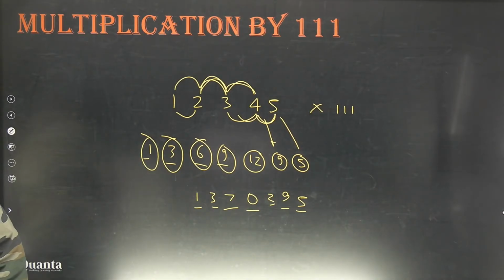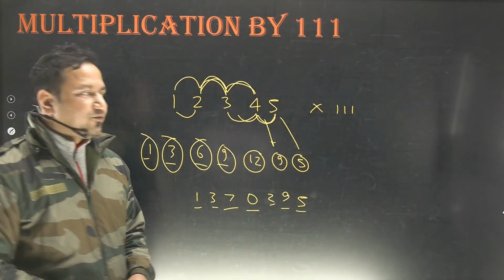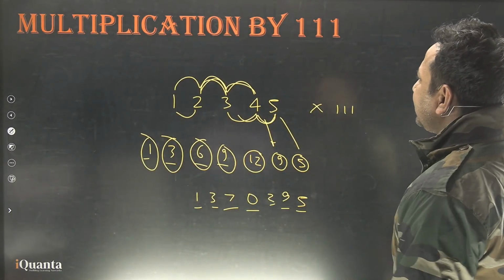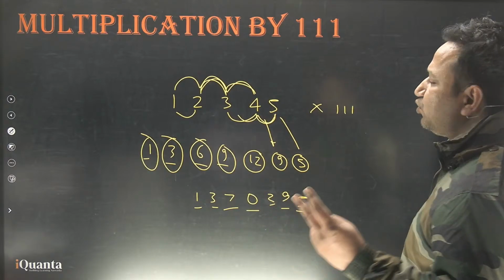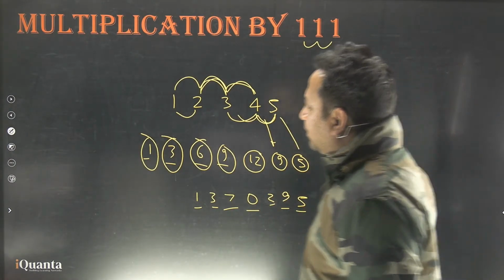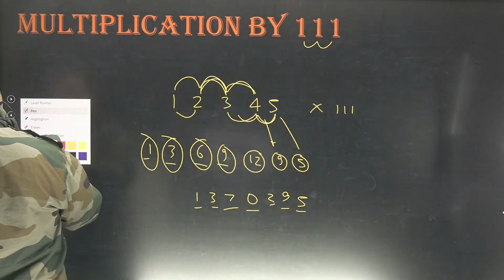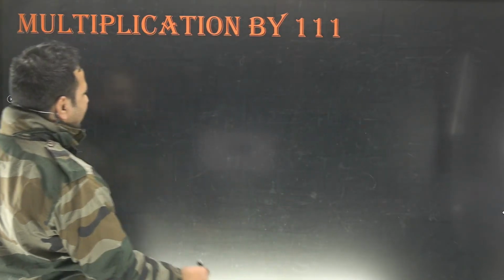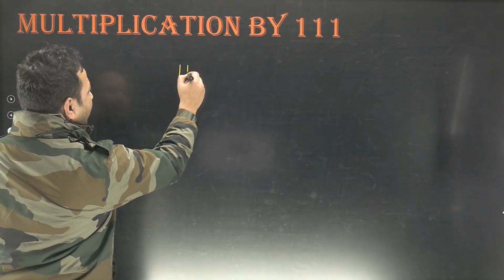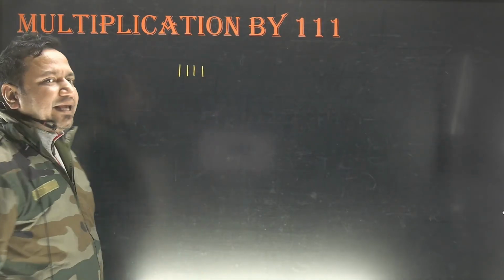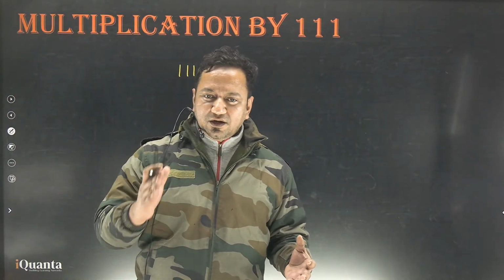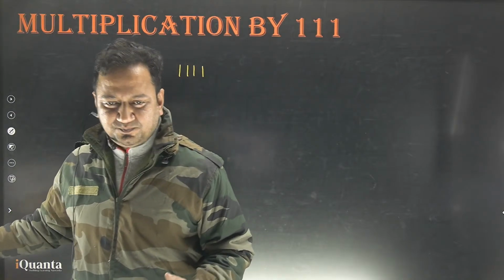Okay, so now Mohit is asking, can't we choose 4 consecutive digits? No, Mohit. I'll tell you why. See, in case of 11, we had 2 digits. 11 is composed of 2 digits. It is composed of 3 digits. Now, if I extrapolate this idea, so if I want to multiply something by 1, 1, 1, 1, in that case, we'll be choosing 4 digits. Is that clear? 1, 2, 3, 4, 3, 2, 1.